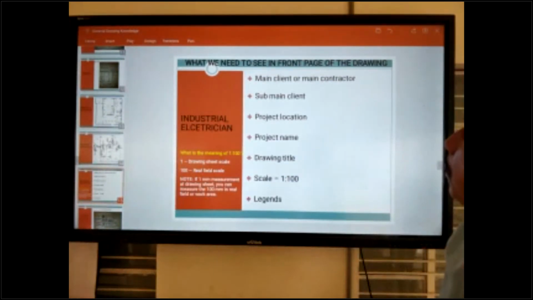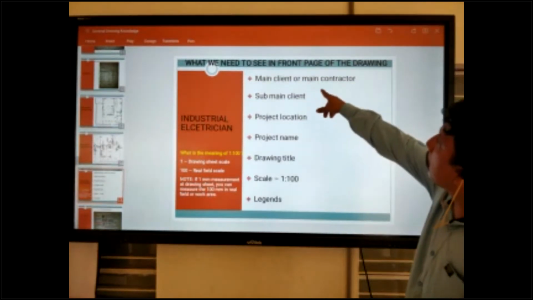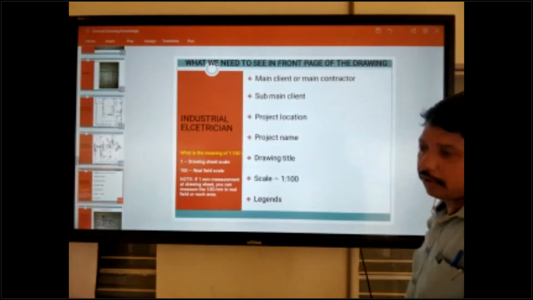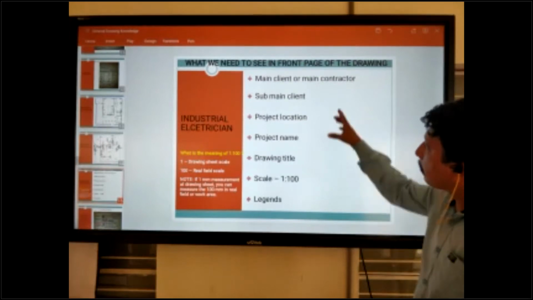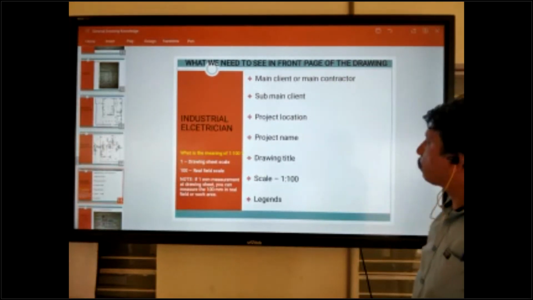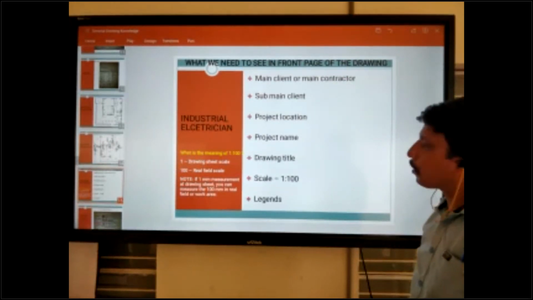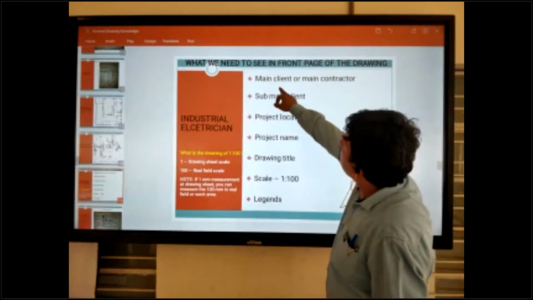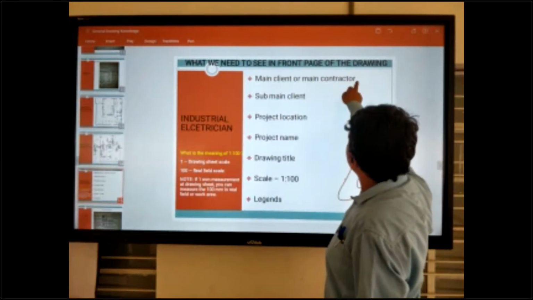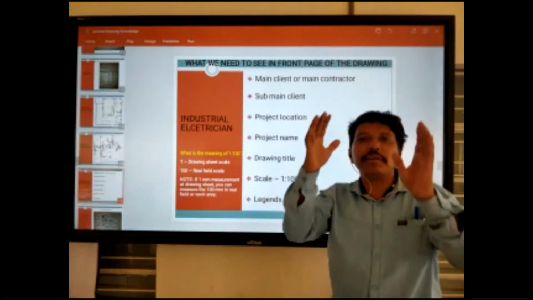Next one, very important topic. This is the important topic in drawing knowledge. What we need to see in front page of the drawing. Front page drawing, what writing in there? This is the important topics. Front page, there is writing main client or main contractor. So who is the main?